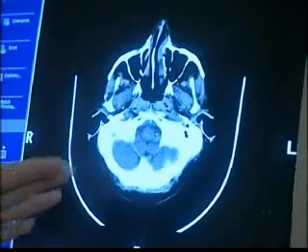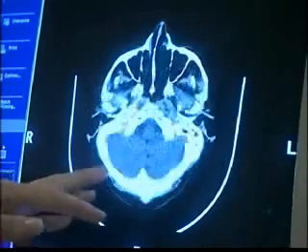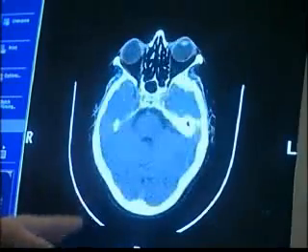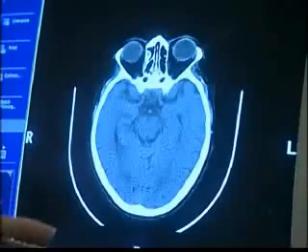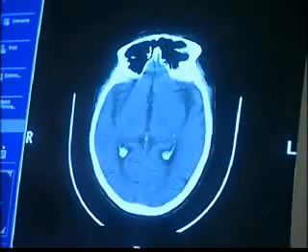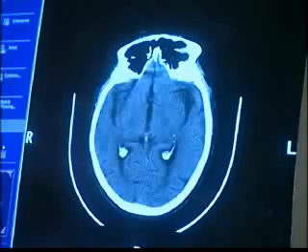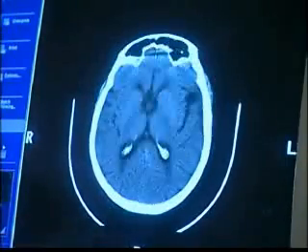What we'll do is we'll look at the actual brain windows first, so we're going to go through. Okay, we're just looking basically for any asymmetry or any abnormalities. When we get further up, we can change the window levels so we can see the ventricles better. Just going through there. Now we're at the top, and as this patient's got a suspected base of skull fracture,